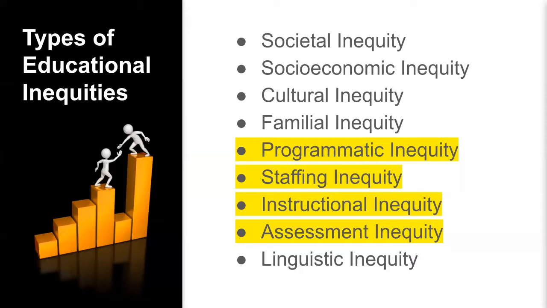Moving on to instructional inequity. Students may be enrolled in courses taught by less skilled teachers who may teach in a comparatively uninteresting or ineffective manner, or in courses in which significantly less content is taught. Students may also be subject to conscious or unconscious favoritism, bias, or prejudice by some teachers, or the way in which instruction is delivered may not work as well for some students as it does for others.